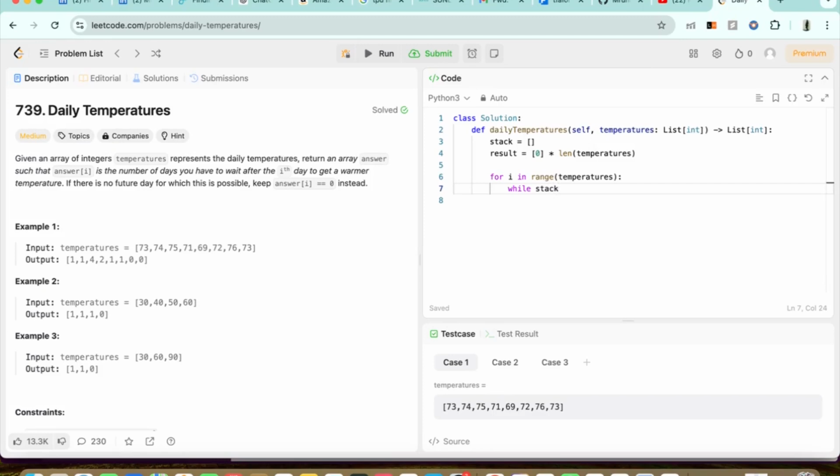While stack, we have to check that the stack is not empty, so length of stack is not equal to 0, and we will check if temperatures of i is greater than the element at the top of the stack,